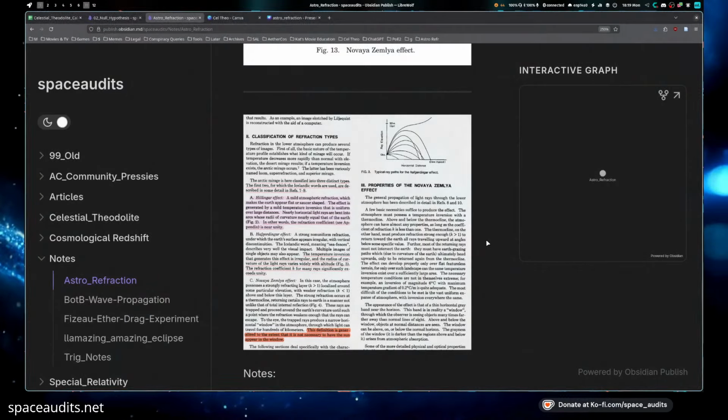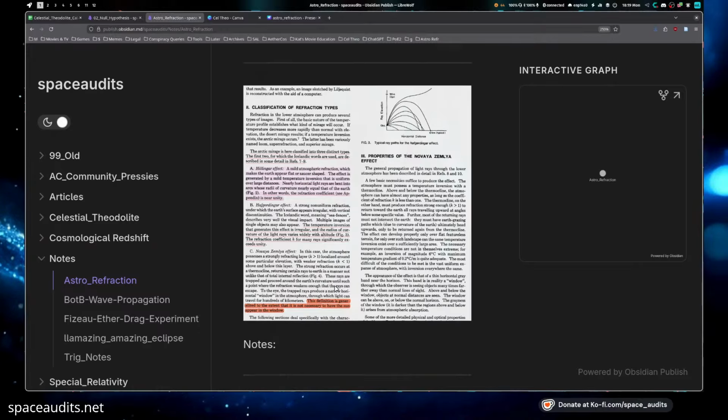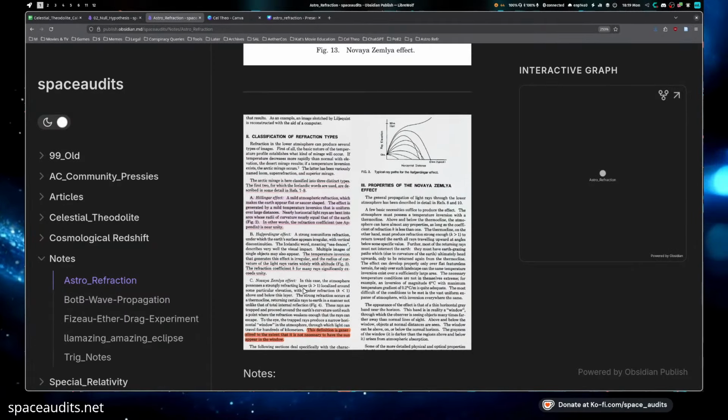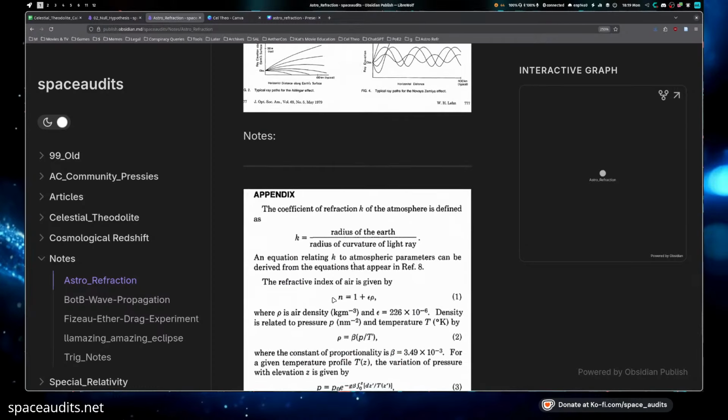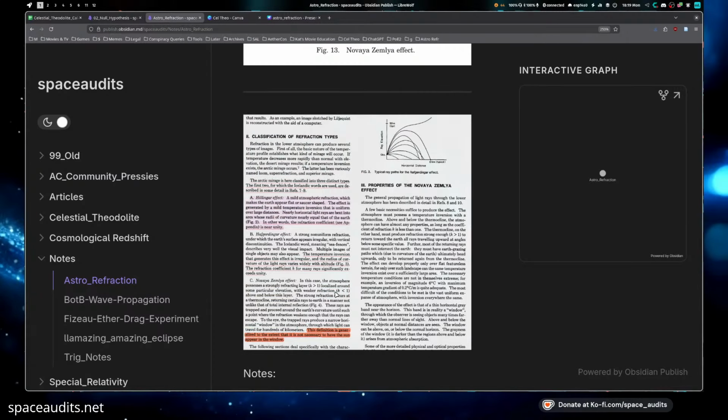They didn't measure this amount of gradient or anything. Nobody went out and measured this. This is all calculated based off of what it would have to be to facilitate the conditions for this. And then this, of course, was later observed in 1914 by Shackleton, who was doing an Antarctic expedition, and the sun was supposed to be 2.7 degrees below the horizon, I think it was, and they ended up seeing it above the horizon by 2.7 degrees, and they just chalked it up to the Novaya Zemlya effect.